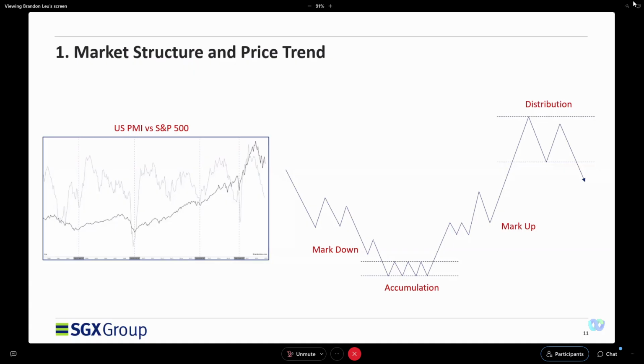And because of the movement, if you are trading or investing in the daily charts, because of the growth, which is the expansion of the economy and contractions. On the left-hand side, we see PMI against S&P 500. We use the US because they have a longer history. You can see PMI actually move in cycles.